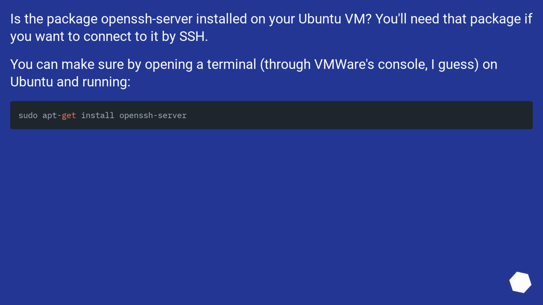Is the package OpenSSH server installed on your Ubuntu VM? You'll need that package if you want to connect to it by SSH. You can make sure by opening a terminal, through VMware's console I guess, on Ubuntu and running: